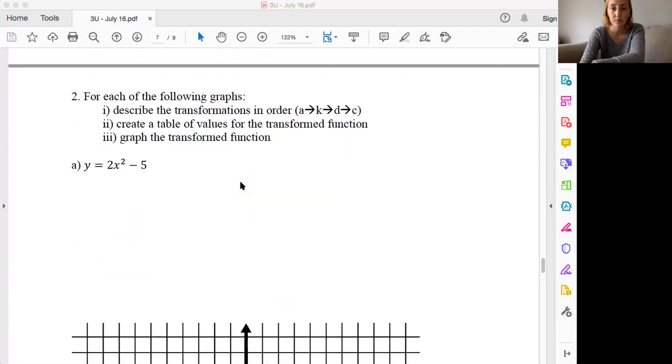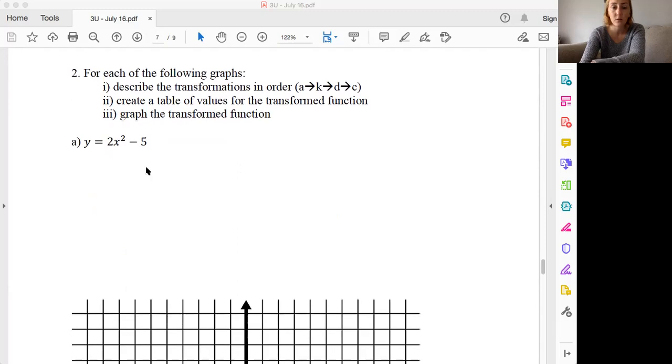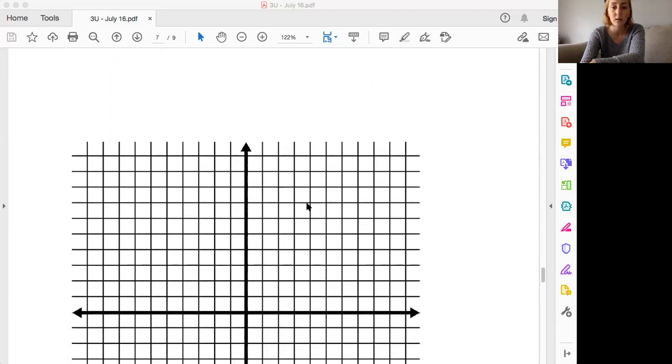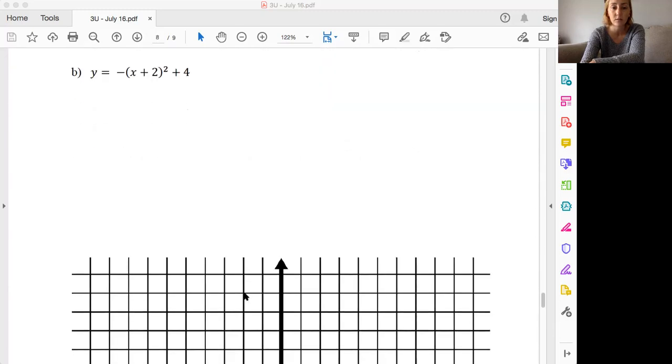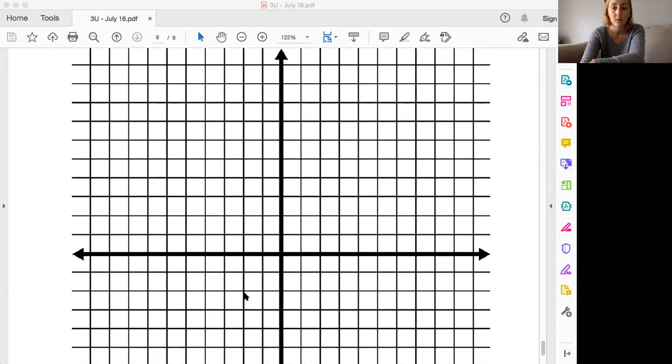Okay, so you've got a few of those, and then you've got 3 of these where you have to tell me the transformation. So the same thing that we just talked about. Create a table of values and then draw it on here, what it would look like. So you've got 3 of those. And that is